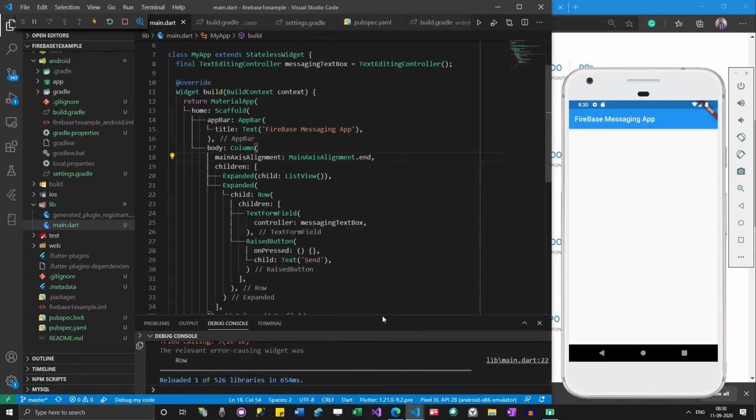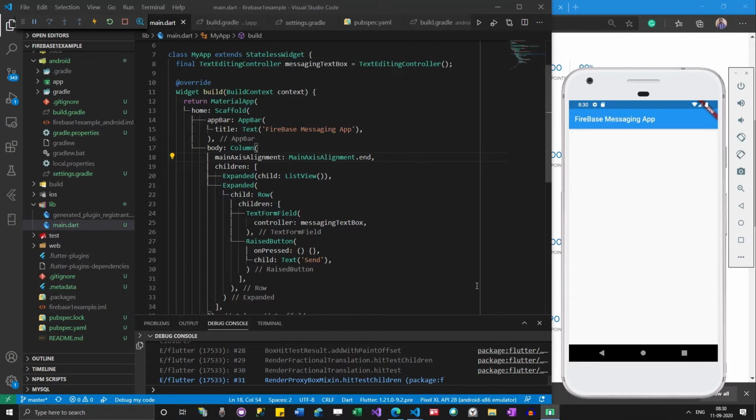So I'm trying to make some corrections to the UI, guys, so that everything will be visible.